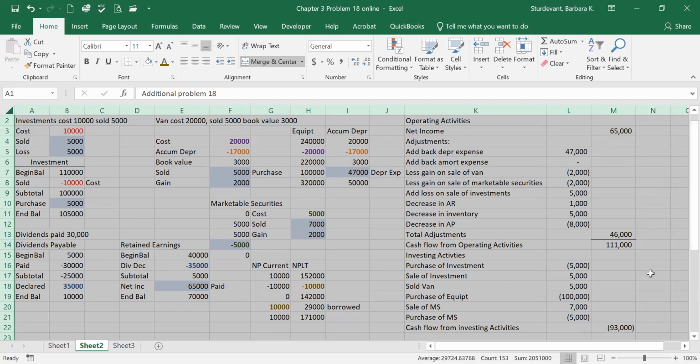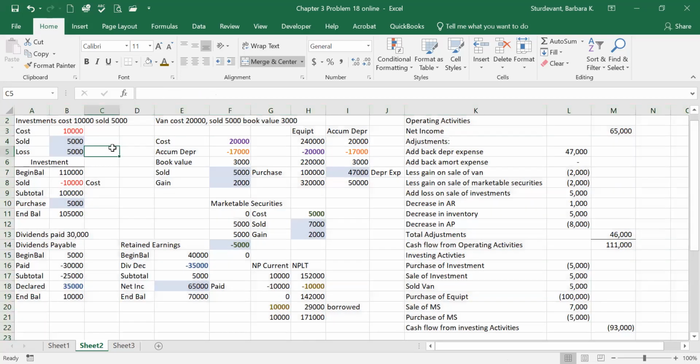I know we kind of rushed through this next section, so I'm going to go back through it again. So this is where we're going to record our purchases and sales. So we'll take one item at a time. Cash paid, cash received. That's what you got to remember for this section. So cash received will include gains and losses. So in our investments,